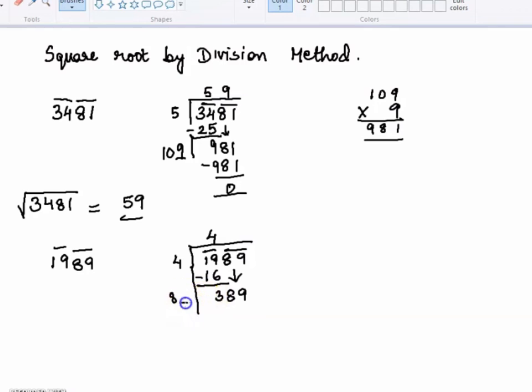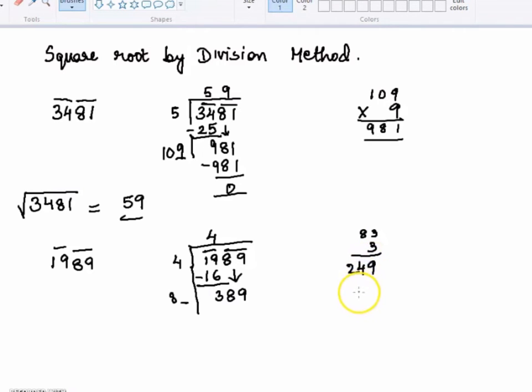Now I have to again add a digit over here and multiply with the same digit, and try to see if I get this number 389 or not. I don't know if it's a perfect square or not. So let's say 83 into 3. Because the ending digit is 9, I'm going to take a chance with 3. 83 into 3, if I do, I will get here